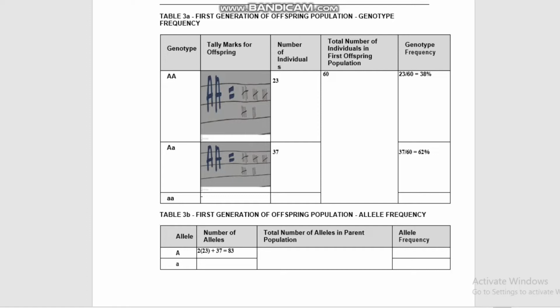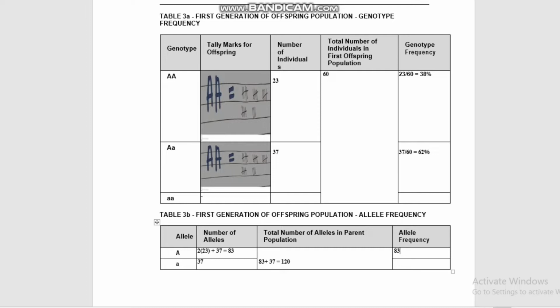So for the allele A, for the allele A is 37. The total number of allele in parent, 83 plus 37 equal to 120. Allele frequency, so